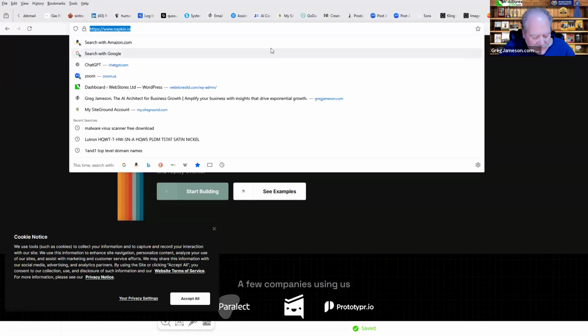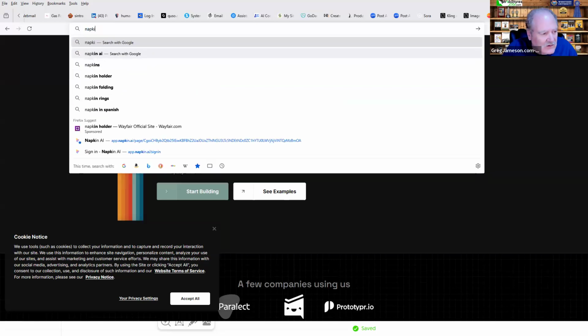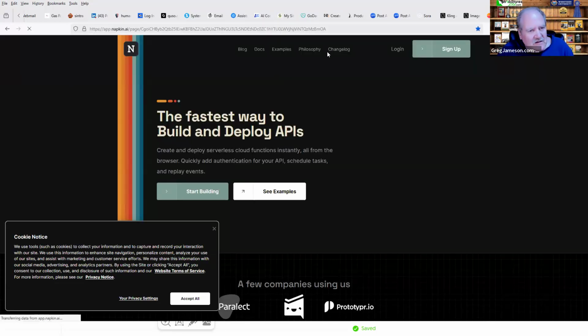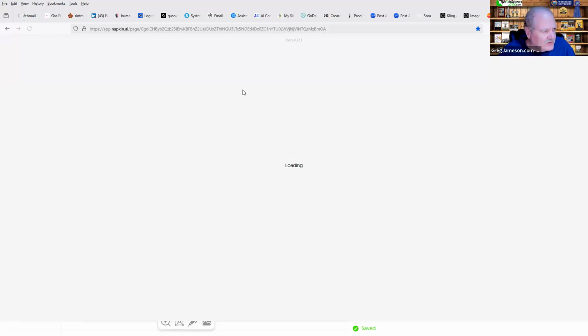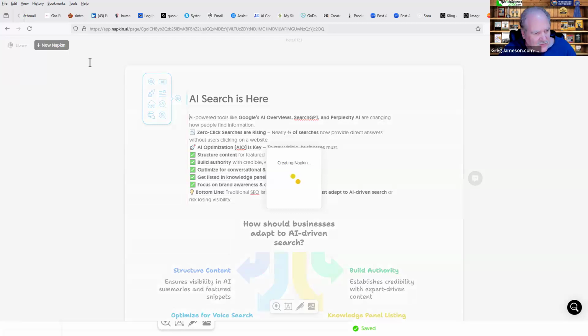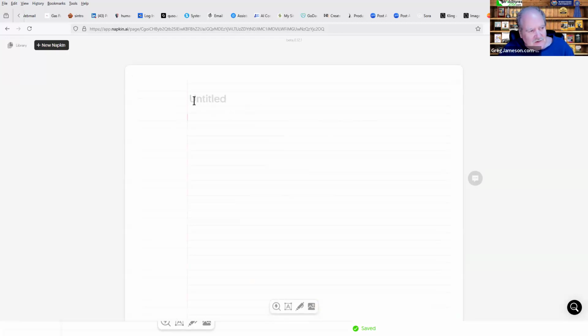I'm already logged into this, so I don't really need to sign in again. So you can just go to app.napkin.ai and you can come over to the left side and click on new napkin, and you start with a blank. You can title it if you want. You don't even need to do that.